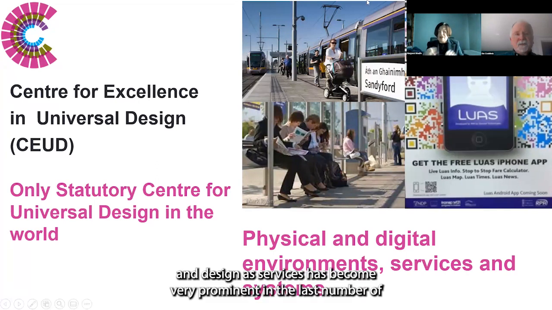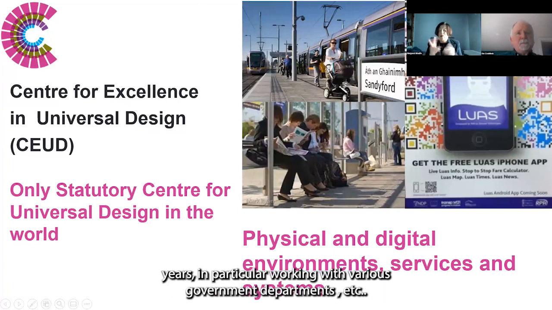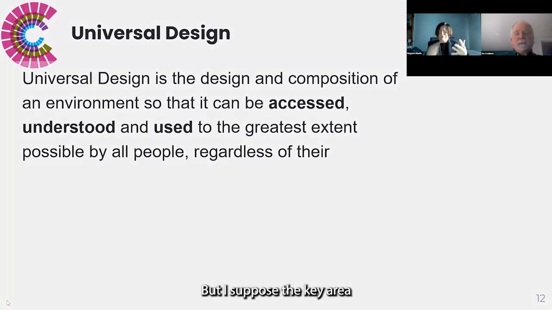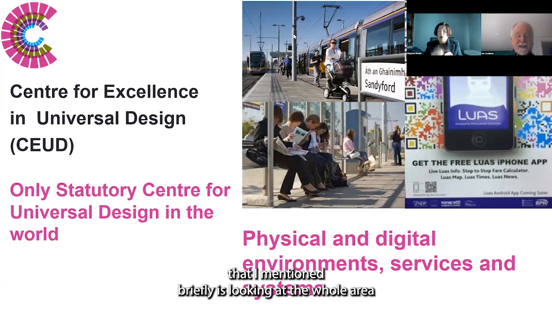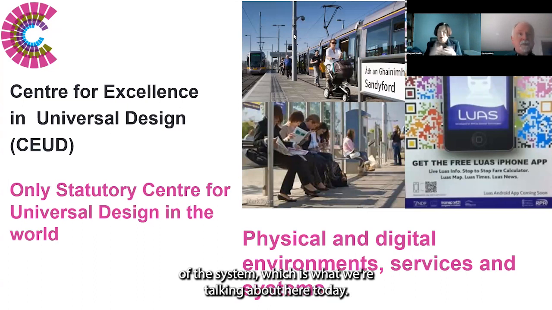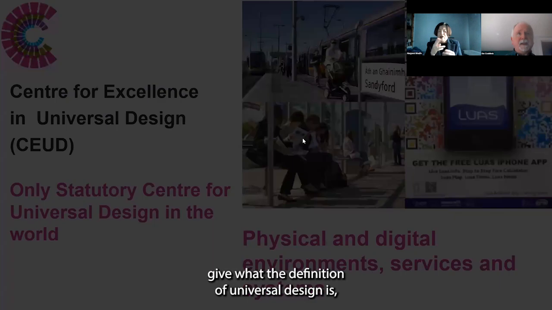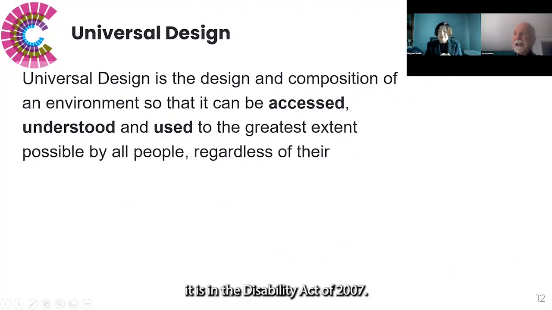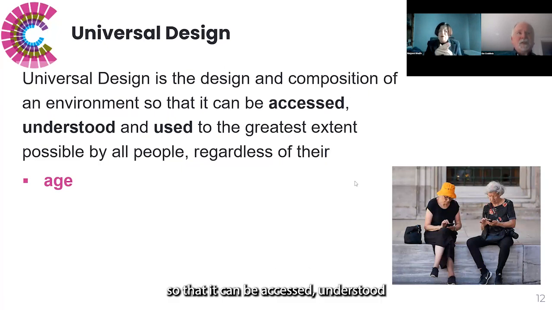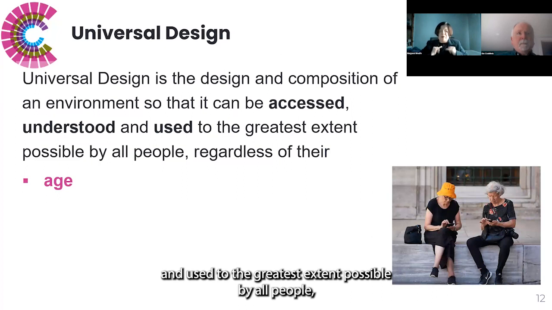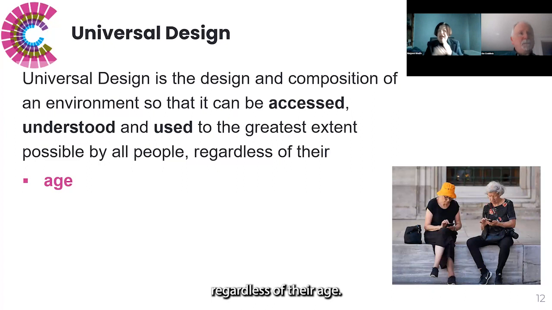Services and design of services has become very prominent in the last number of years, particularly working with various government departments, etc. But I suppose the key area that I'll mention briefly is looking at the whole area of a system, which is what we're talking about here today. Just to give what the definition of universal design is, it is in the Disability Act of 2007. So universal design is the design and composition of an environment so that it can be accessed, understood and used to the greatest extent possible by all people, regardless of their age,